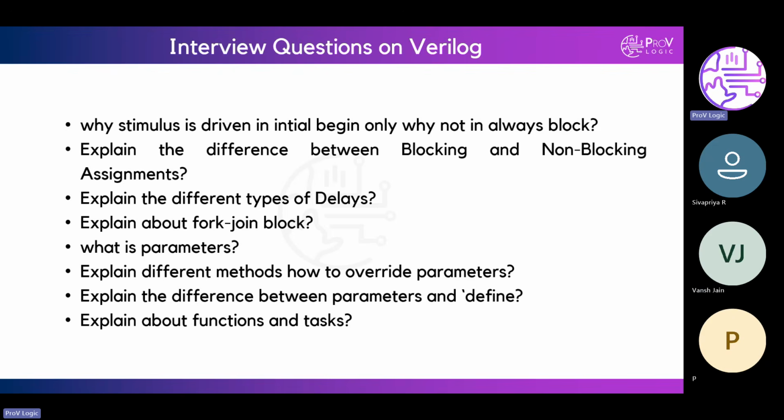Tell me what are the different types of procedural assignments? Shivpriya, can you explain? I'm asking about procedural assignments, not procedural blocks.